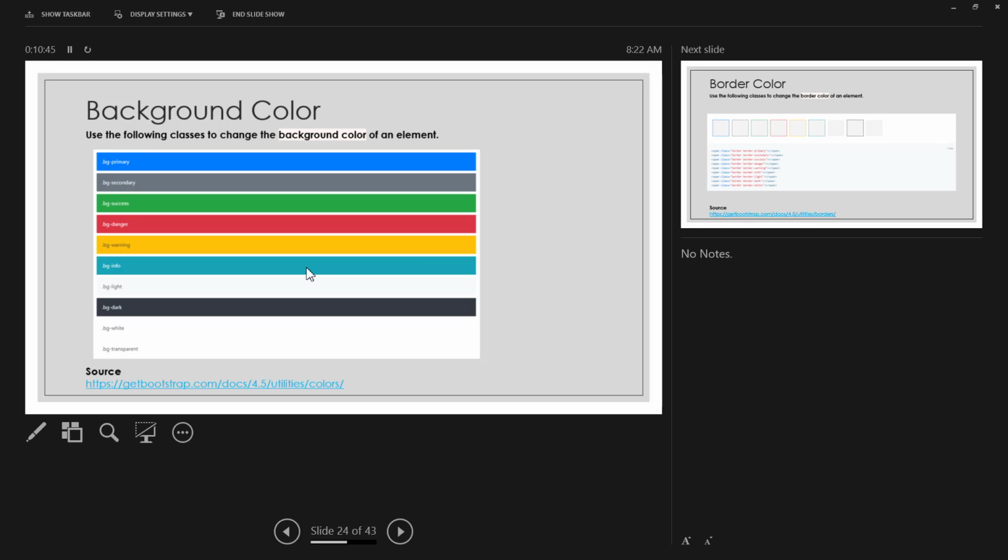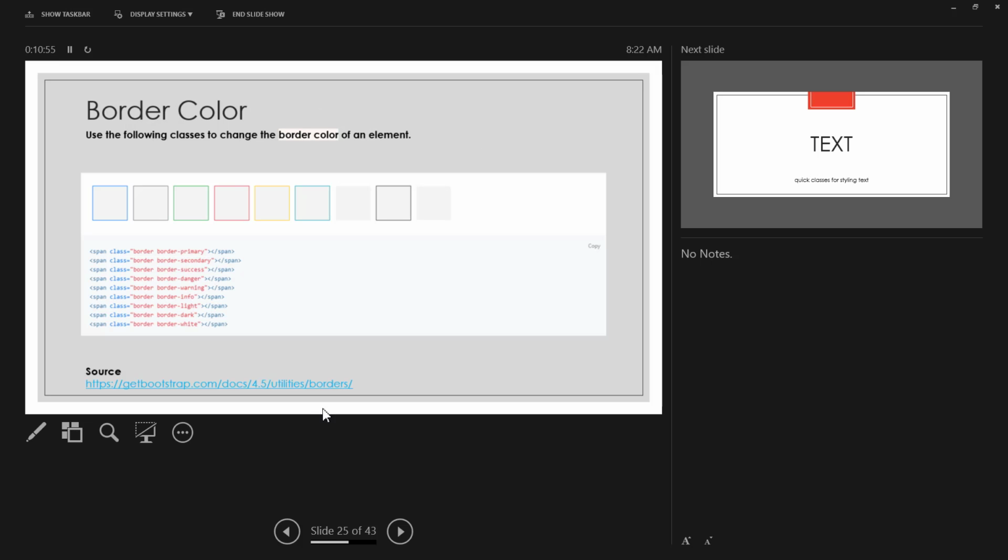You can set it up for background colors. You can set buttons of that color. You can set text of that color. You can basically use it for just about anything. All right. Same thing with borders. You can give them the same colors. And what they don't really show right here too is,